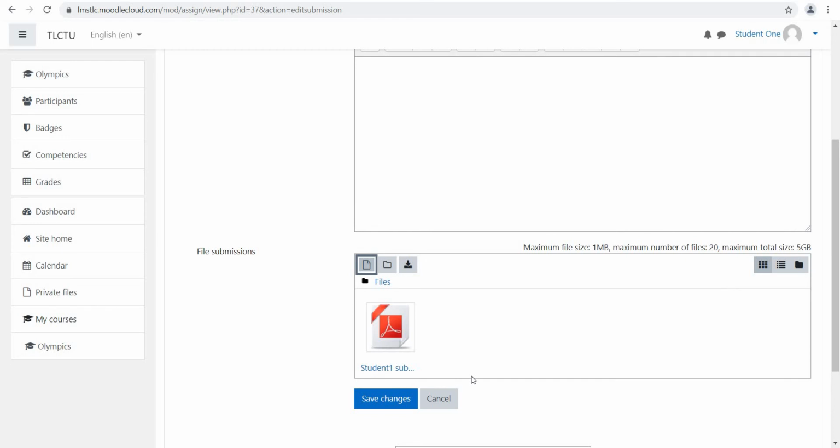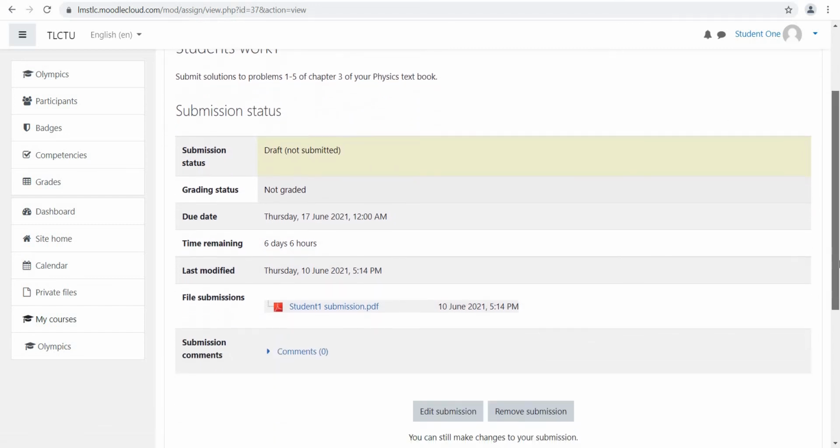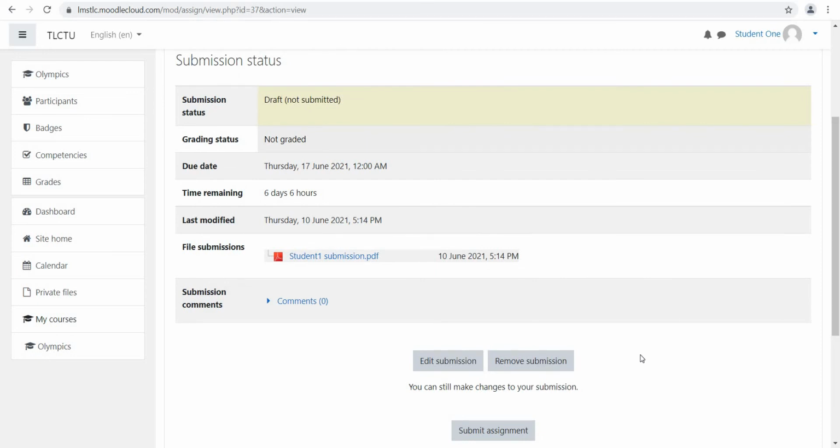This file is seen in this box, and if I simply click save changes, then you can see that this file has been attached to the assignment of the student. Scrolling down further, the student can edit the submission, remove the submission, or submit the assignment also.